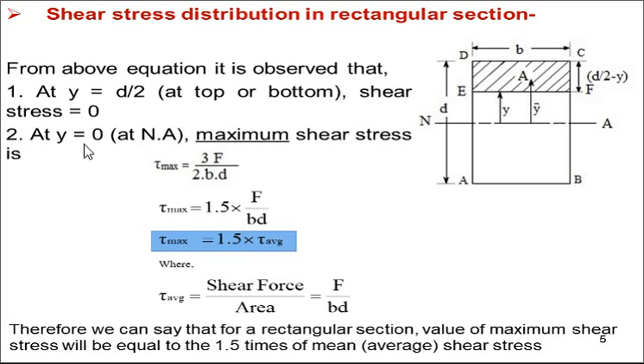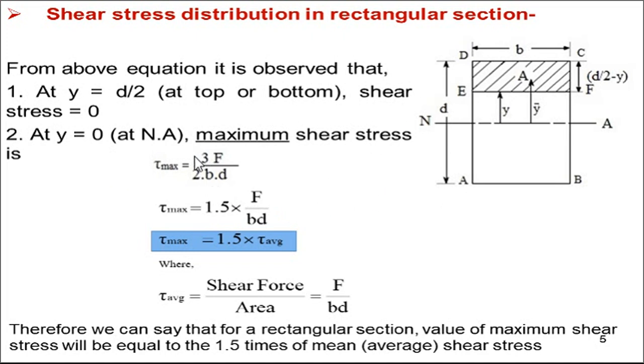Second case, at y equal to 0. If you put y equal to 0 in the same relation, y equal to 0 means where? At the neutral axis. So we will get the maximum shear stress. We know that at the neutral axis, at the CG, where y is equal to 0, there is the maximum shear stress. So you simply put y equal to 0; whenever y is 0, there the